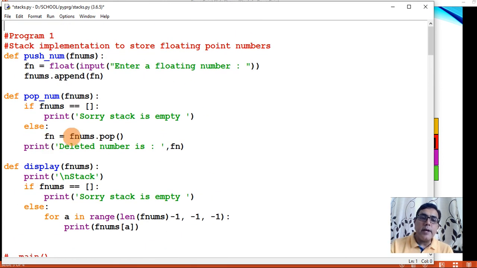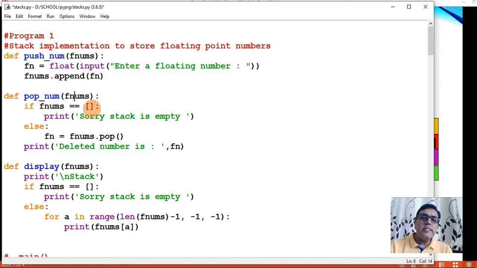The last element. Before that, when this function is called, first of all you will check whether there are any elements or nodes in the stack which can be deleted or not. Is there any data inside the stack to delete? Then only that data can be deleted.